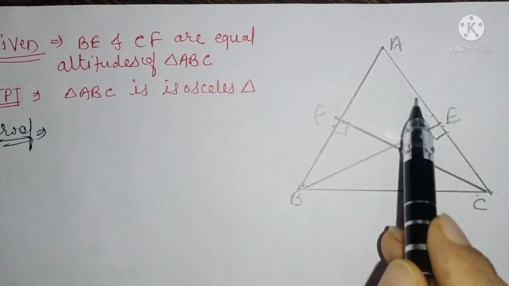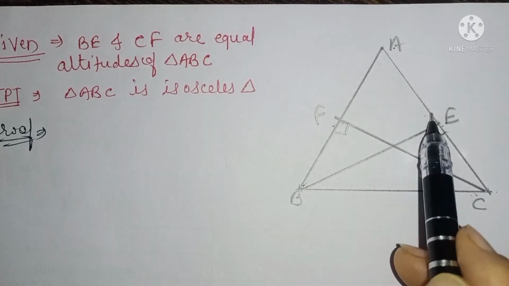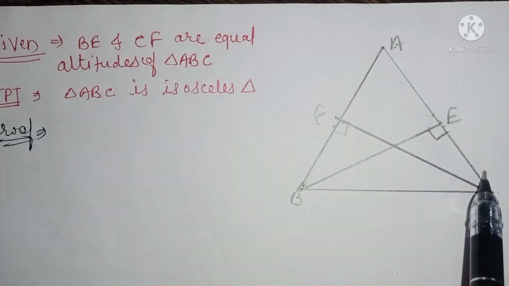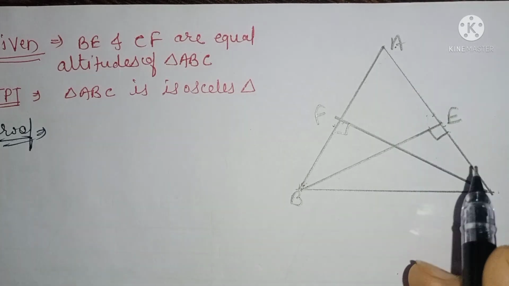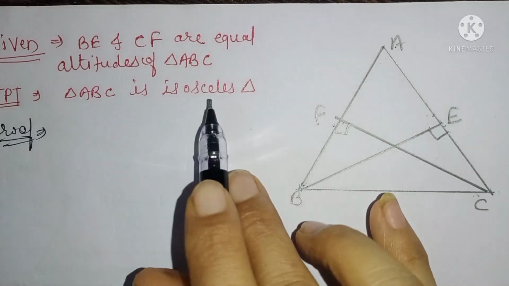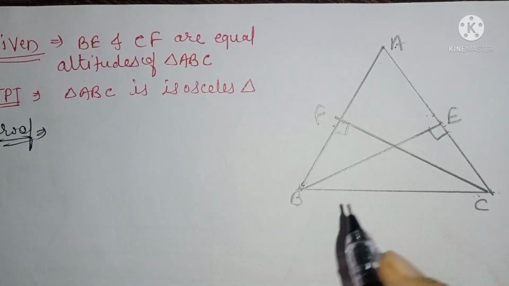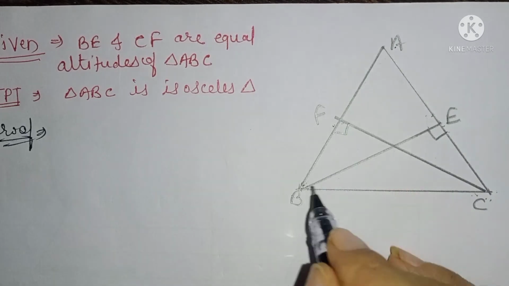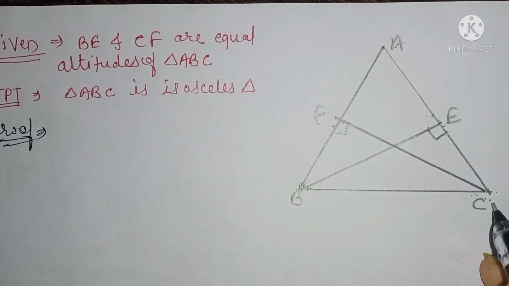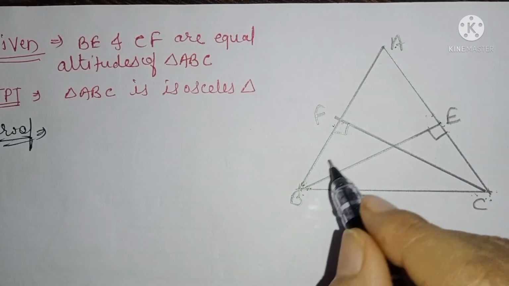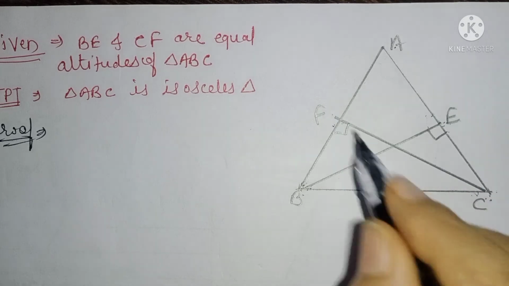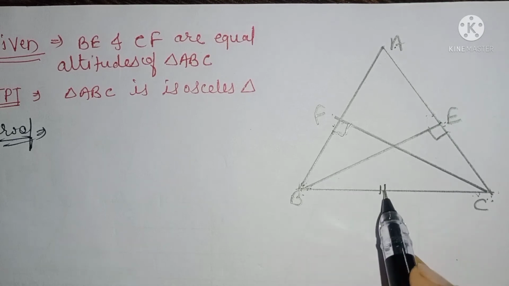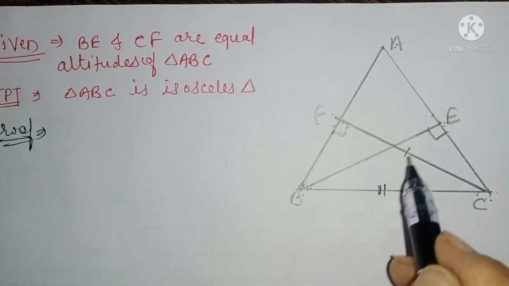तो we cannot apply that rule in this triangle AEB, isn't it? क्योंकि ये 90 हो और ये उसकी hypotenuse है. तो अगर यहाँ पे ये 90 होगा तो AC hypotenuse होगा और RHS में hypotenuse तो it should be equal और वही यहाँ पे हमें equal बताना है. So now instead we will prove triangle BEC and triangle CFB congruent. See, angle BEC is equal to angle CFB, each 90 degree. Then BE equal to CF given and BC equal to BC common. So ये 90 degree है और ये hypotenuse and this one side, RHS.